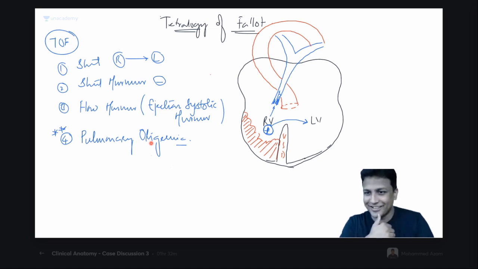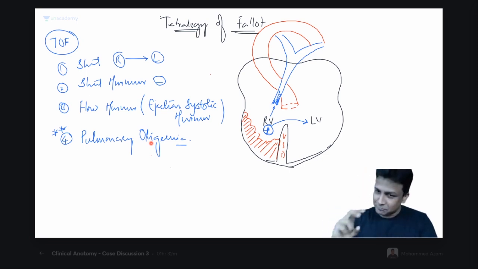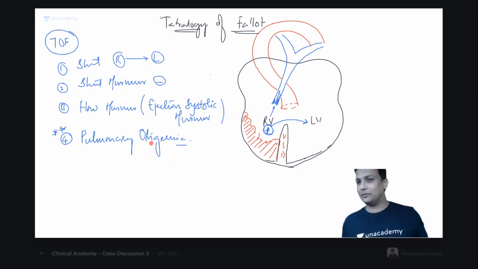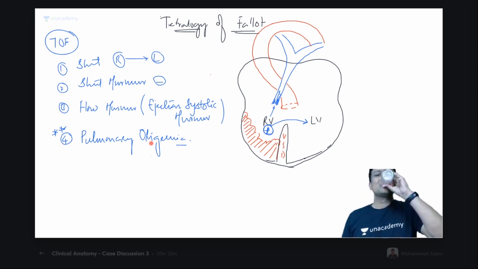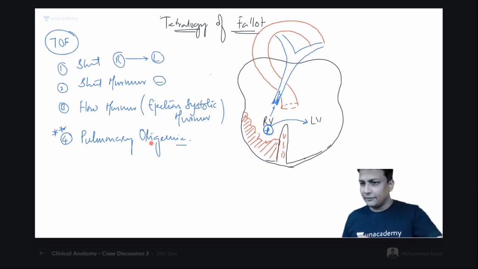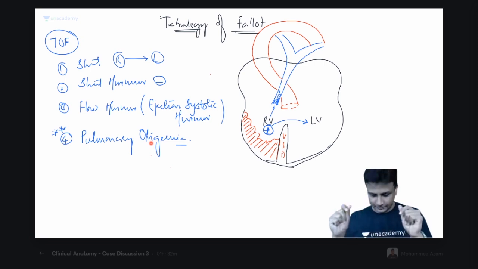Now, the next thing is a very important concept, and I want more concentration here. Till here it is easy, and an average MBBS student will manage. Thank you, Shweta. Now, my dear friends, concentrate here. First, let me ask you a question. Let me see how well you are able to think.